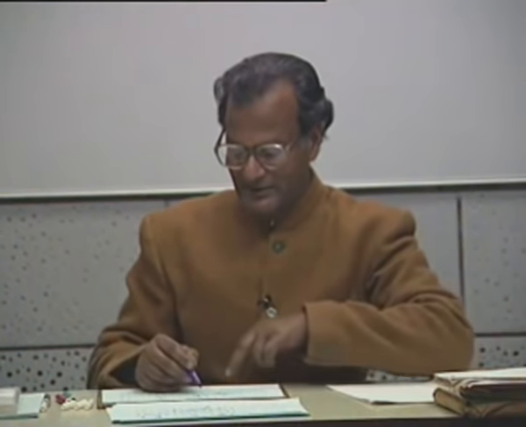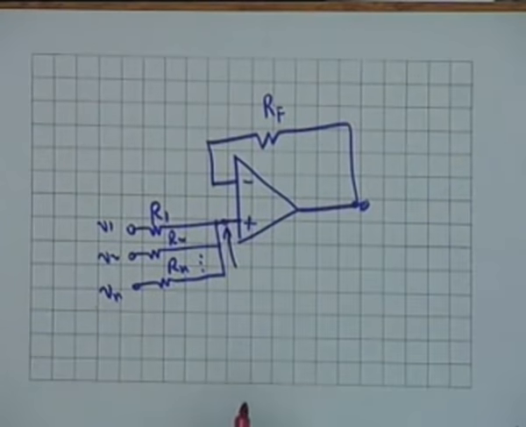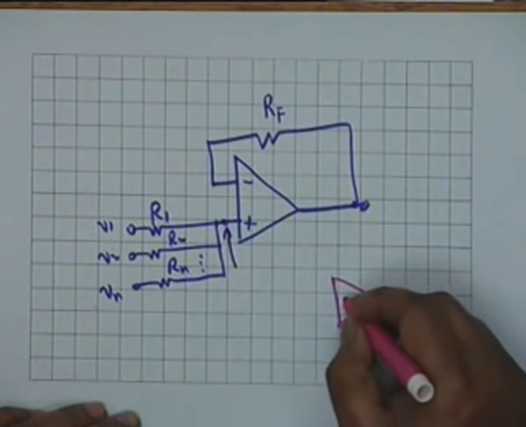Now, what will this feedback do? Suppose this resistance, well, call this resistance as some RF. What would be the gain from here to here? From this point to this point, what will be the gain? I have done this configuration a minute ago. What will be the gain from this point to this point? The gain is +1. Don't you see that this is the same circuit as this?